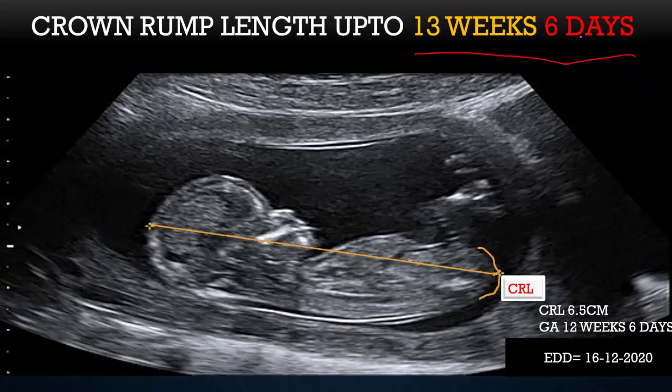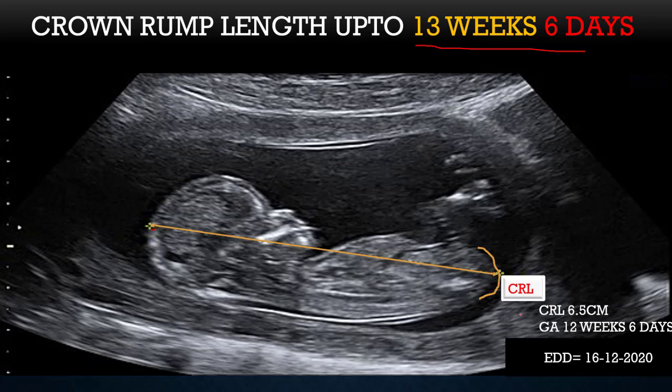So up to 30 weeks and 6 days, the best way to measure gestational age is by using crown rump length. The crown is the head portion of the fetus and rump is the buttocks portion of the fetus. In order to calculate the gestational age by crown rump length, first turn the transducer to obtain the maximum fetal length and make sure you don't include the yolk sac. So measure starting from the crown, that is the head of the fetus, till the rump, that is the buttocks area of the fetus. You have to measure the distance between the crown till the rump.